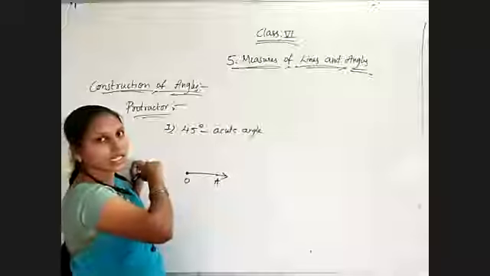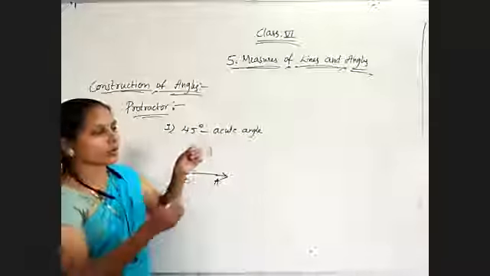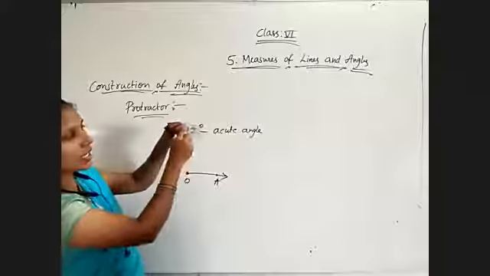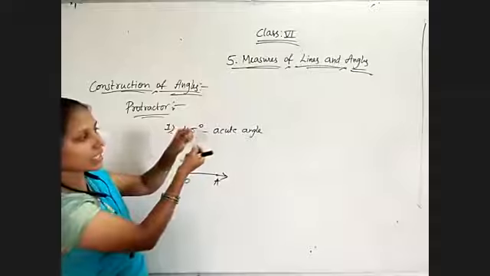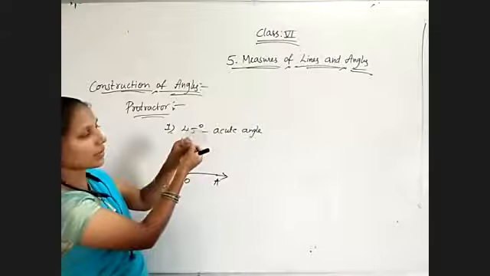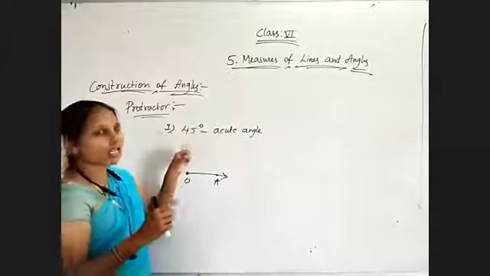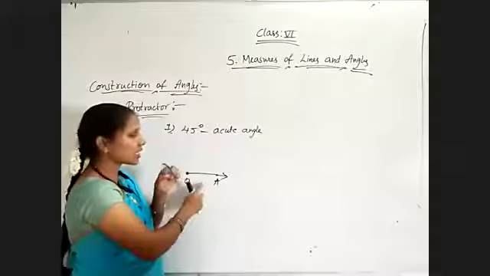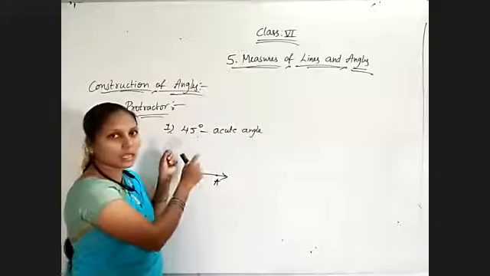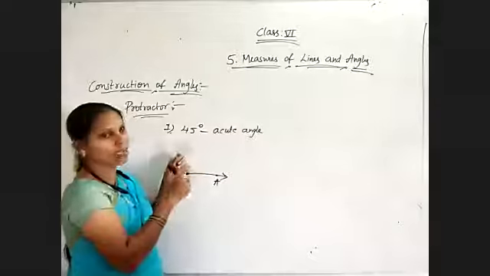Take inner values. So how to set your protractor? Observe the protractor: the 90 degrees line and the 180 degrees line. The common point is here; they are meeting at one point. It is compulsory and will be visible on your protractor. If you have a protractor, just construct along with me. Then you will understand how to construct the angle.